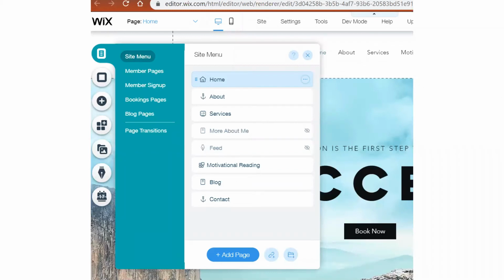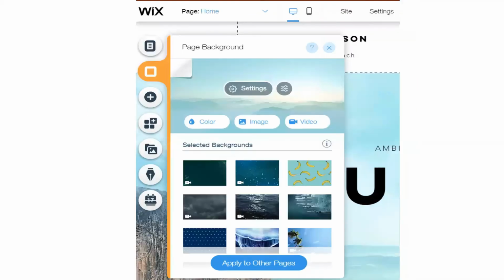Under the View of Site menu, you can click on each of those sections and move them around. You can move the pages so that Home is below About, or Services is at the very top. Maybe you want More About Me to be at the very top, or Contact at the top. You can move them around to wherever you want them to make your website the layout that you want it to be. You can also at the bottom see that you can add a page, you can add a link, or you can add